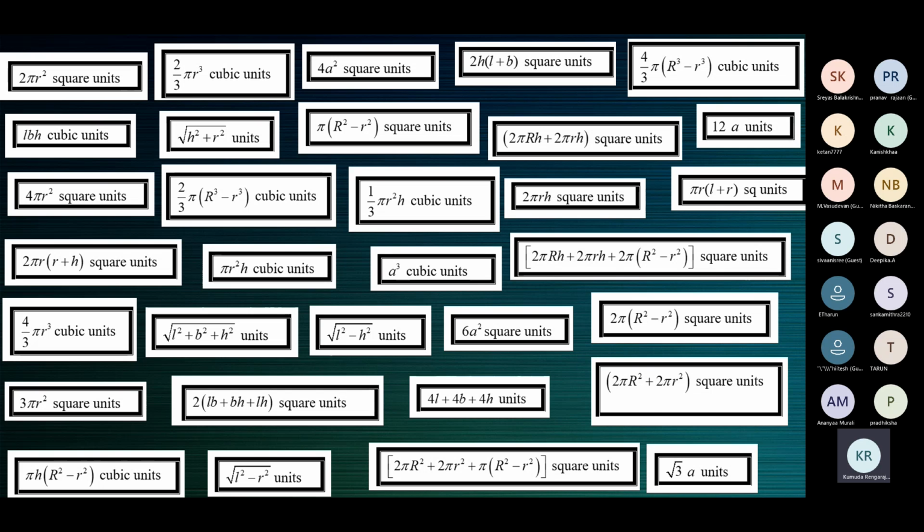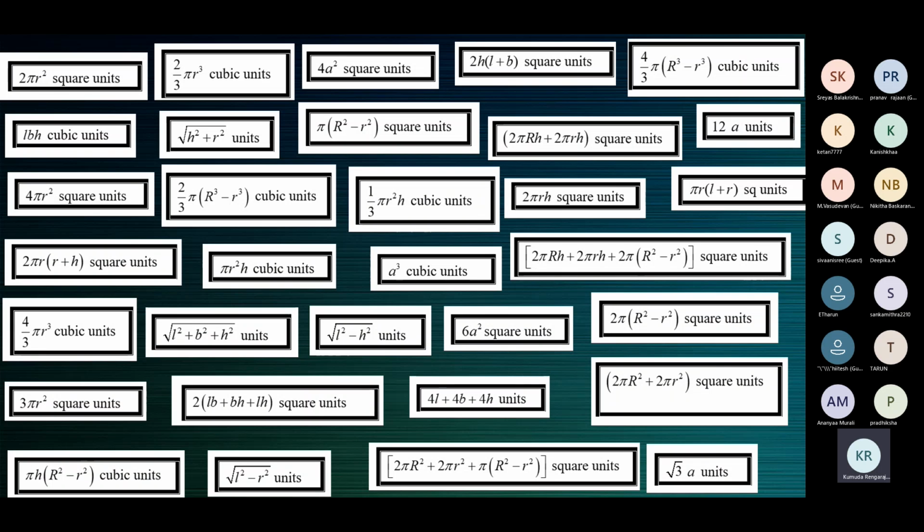So one of you tell me all the formulae under hemisphere. Volume, CSA, TSA. Ma'am, volume of hemisphere is 2 by 3 pi r cube, ma'am. See, you can remember like this. Usually it is r square, but there's no h there, no? So r cube. 2 by 3 pi r cubed.